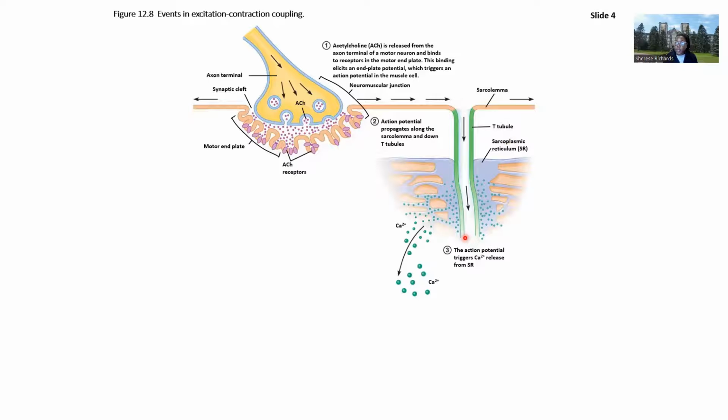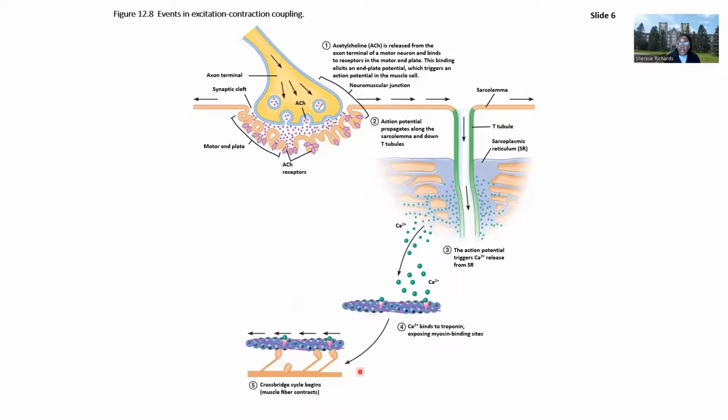From there, it's going to trigger the release of calcium from the sarcoplasmic reticulum. Specifically, the mechanism for this is the DHP receptor, which is a voltage sensor, coupled to the ryanodine receptor, which is also a voltage sensor and is the channel on the sarcoplasmic reticulum. So when both of these receptors pick up that voltage change, it will open up the channel on the SR, and calcium will leave the SR where it's being stored and dump into the sarcoplasm where it can engage with troponin. So here that calcium binds to troponin. Because of the coupling of troponin to tropomyosin, binding of the calcium results in shifting of tropomyosin, which uncovers the myosin binding sites. Myosin can engage,